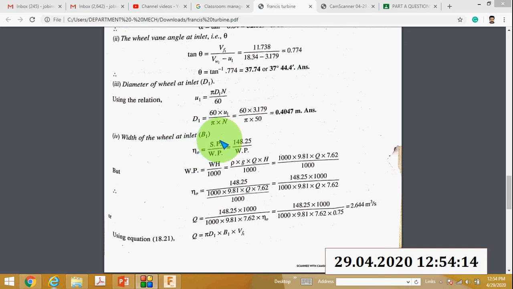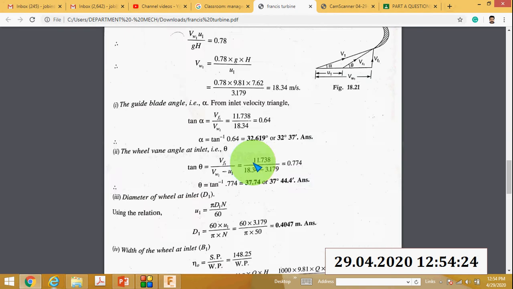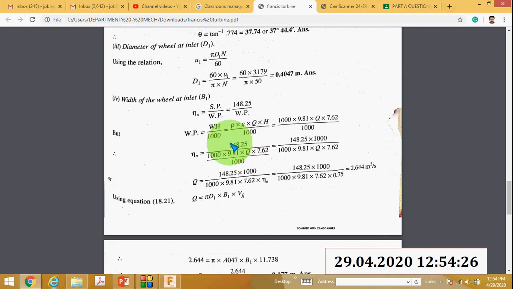That is the equation of overall efficiency, shaft power by water power. Shaft power is given, it is 148.25. Then the equation of water power is rho g q h by 1000. You have to substitute the value of everything here, and you will get the value of